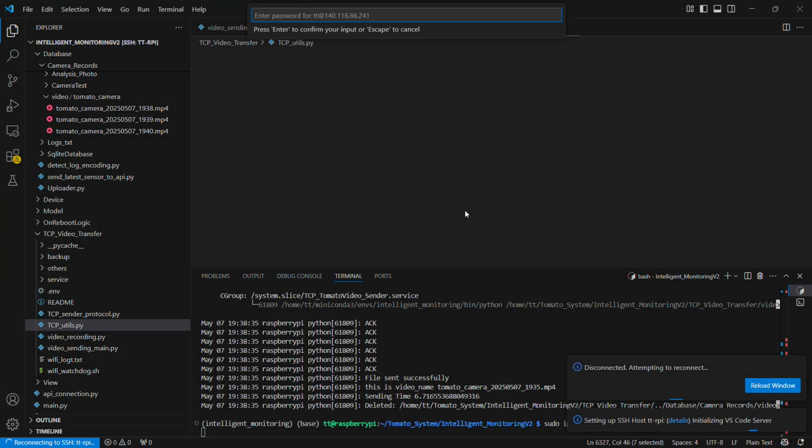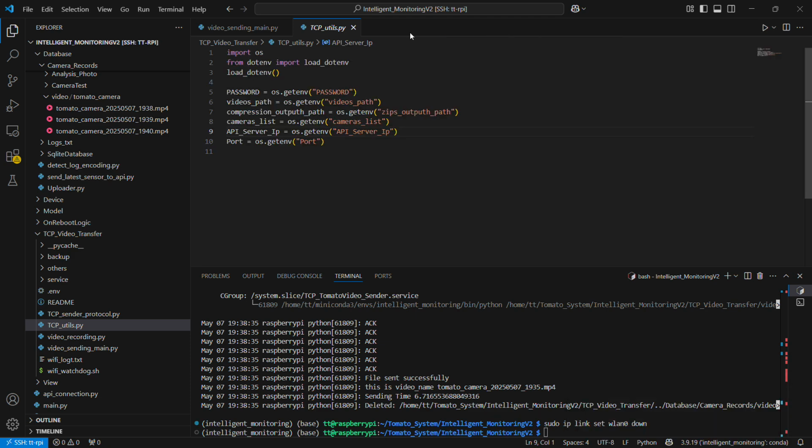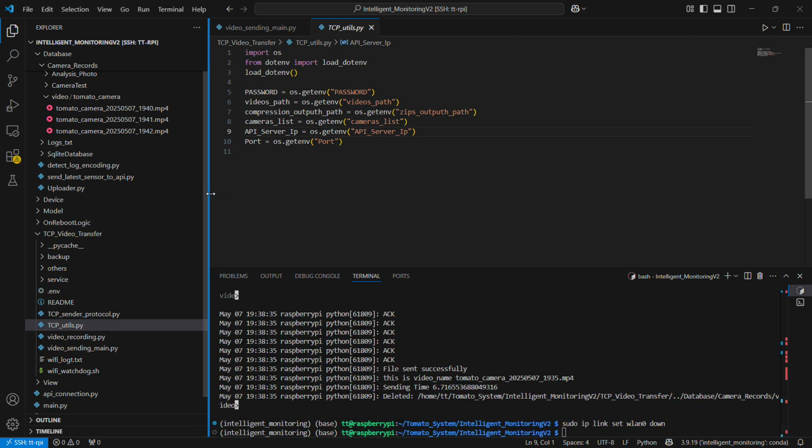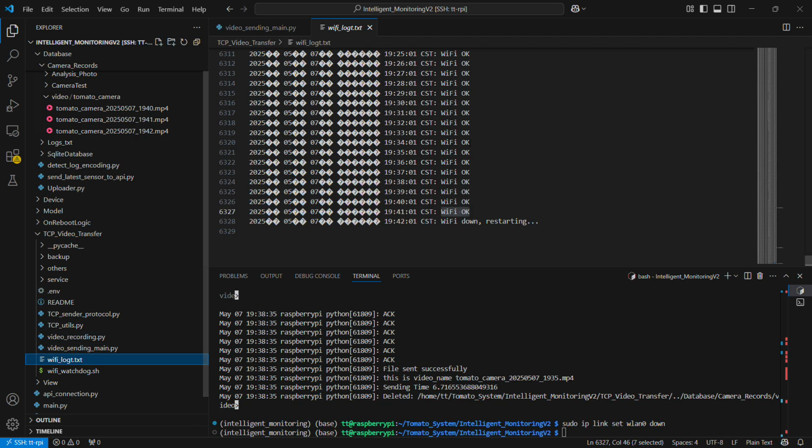Okay, so now you can see that it was disconnected, and now I'm able to enter again. Now I am inside of the API server again, which means the connection was successfully turned on again, and I